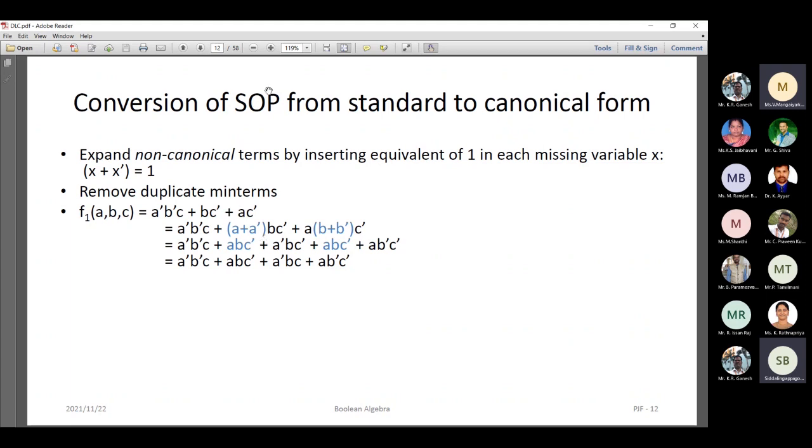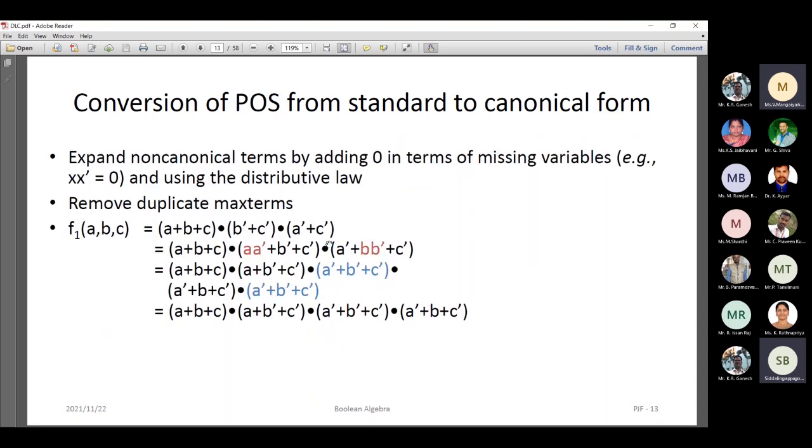In terms of POS, product of sums, we write A into A bar, right? Multiplying this out, if you have the same terms, then we write it as one common term. For example, if you see this one, A B C bar is there, A B C bar is there, both are the same. It is like A plus A is equal to A. So we write one common term, of the form A plus A is nothing but A. The other two are written as they are. This is how we convert a standard form into a canonical form, right? So this is the conversion.